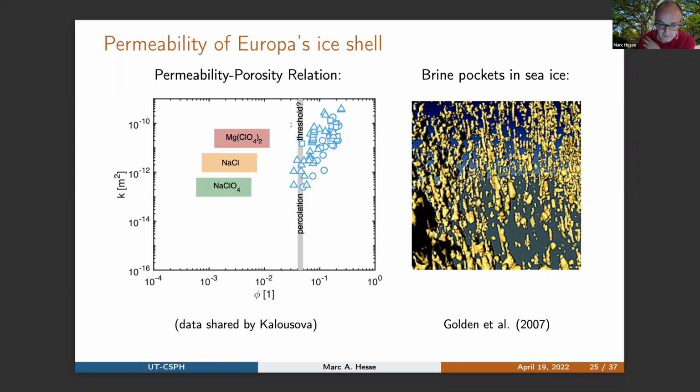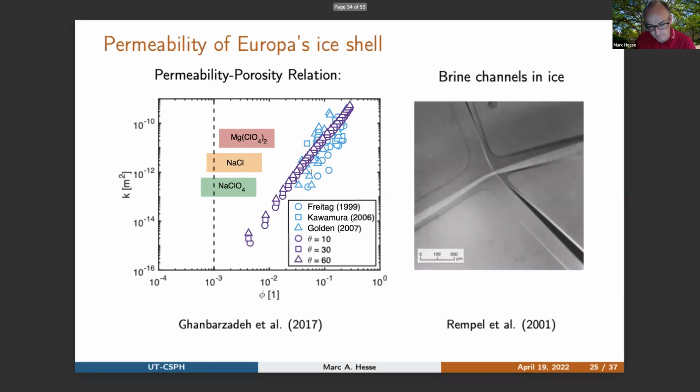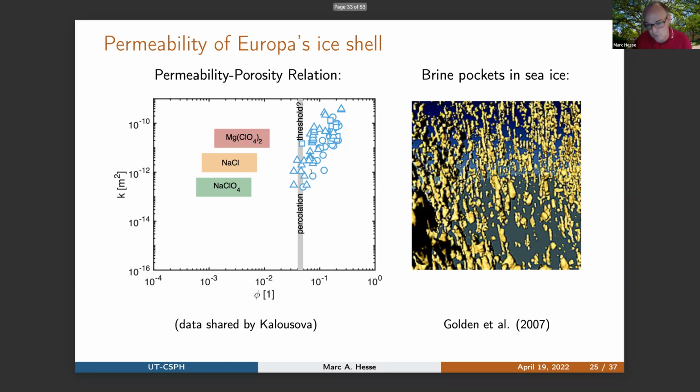And there's the suggestion that in sea ice, there's a percolation threshold that means at porosities less than 5%, essentially there's no permeability, right? And if that is the case, then even though you may have partial melting in the ice, you wouldn't transport the brine because it's not permeable, it can't flow, it can only move with the ice itself. Now, interestingly enough, so that's one view of the permeability of ice that's based on brine pockets in sea